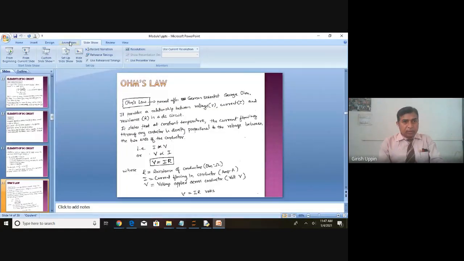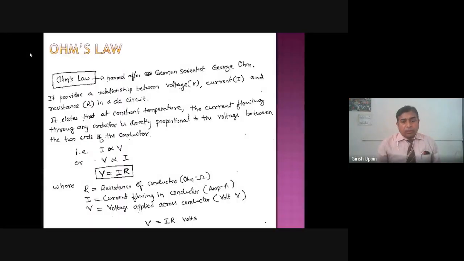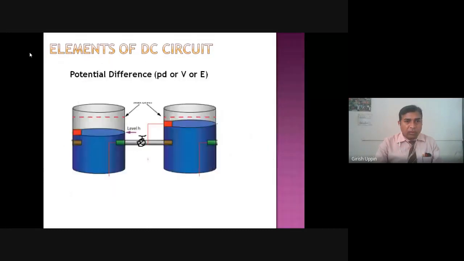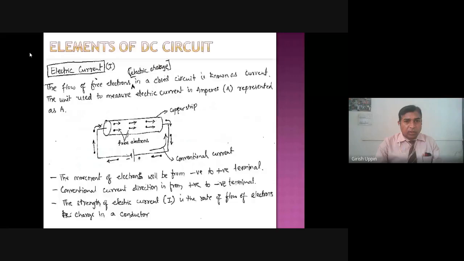In the last class, we looked into some of the basics of electrical circuits. What are the basic components of the electrical circuit? And today we are going to see what is Ohm's law, and we are going to see some problems based on the Ohm's law, as well as the DC circuit, types of DC circuits. So just before we go ahead with Ohm's law, just a quick review.